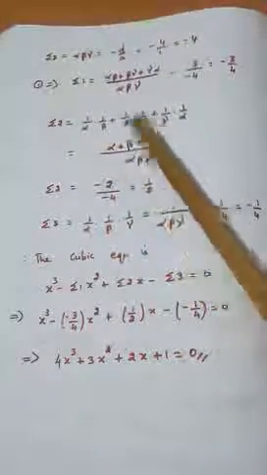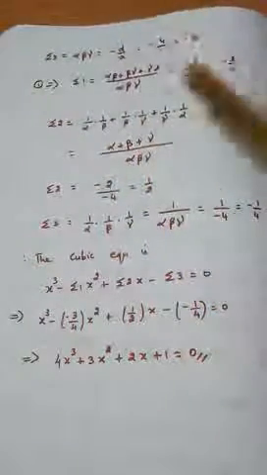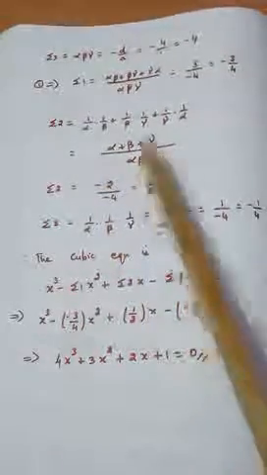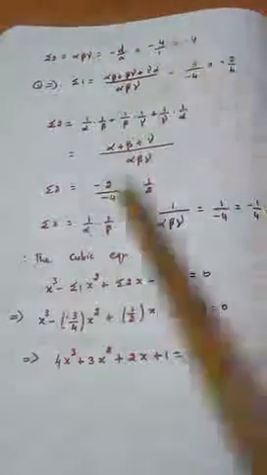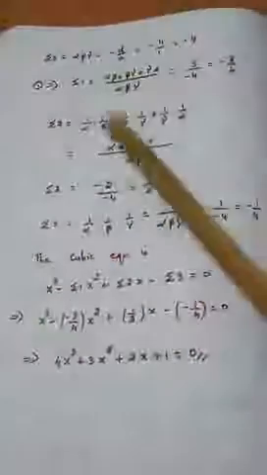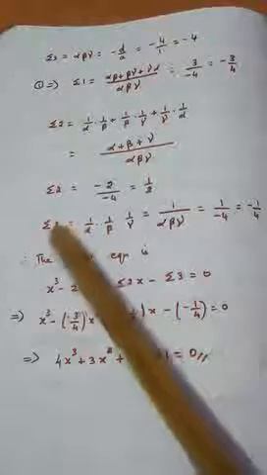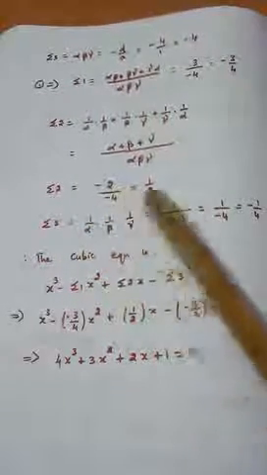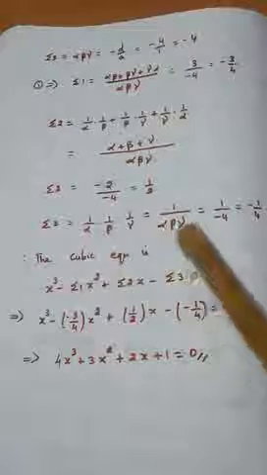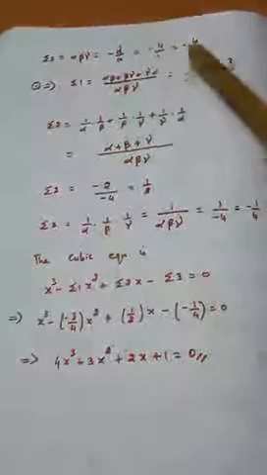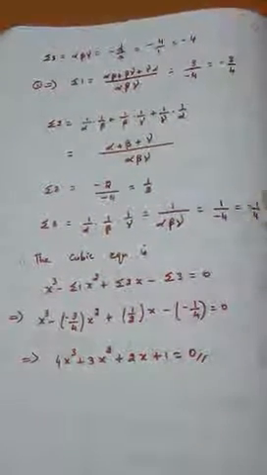Alpha plus beta plus gamma. See the previous line, this value we have calculated as -2. Alpha, beta, gamma in the denominator we have calculated as -4. Cancel that and 1 by 2 is the value. Sigma 1, sigma 2 we have completed. Next we are calculating sigma 3. Take all the 3 at a time: 1 by alpha, 1 by beta, 1 by gamma, which is nothing but 1 by alpha, beta, gamma. Alpha, beta, gamma answer is -4. So 1 by -4, minus 1 by 4.